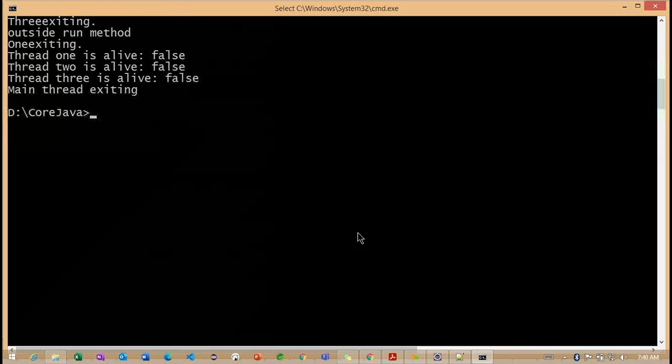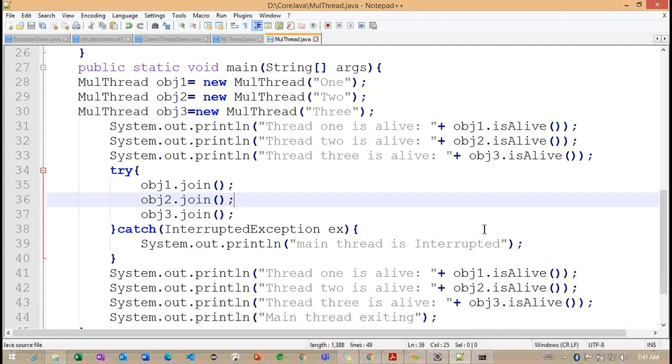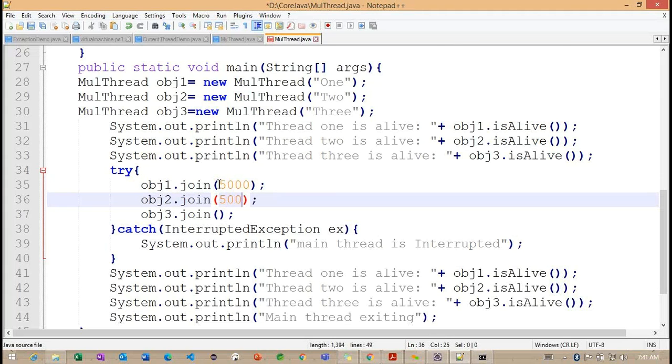Now what are you understanding here? Basically, what the join method is doing internally is trying to terminate the current object here. Getting the point? Otherwise, we can say that it will wait until the current thread terminates. So the join method is going to wait until the current thread termination here. Now you can observe, with the help of this join method, I'm going to specify 1000 milliseconds here. Otherwise, we can work with 5000.